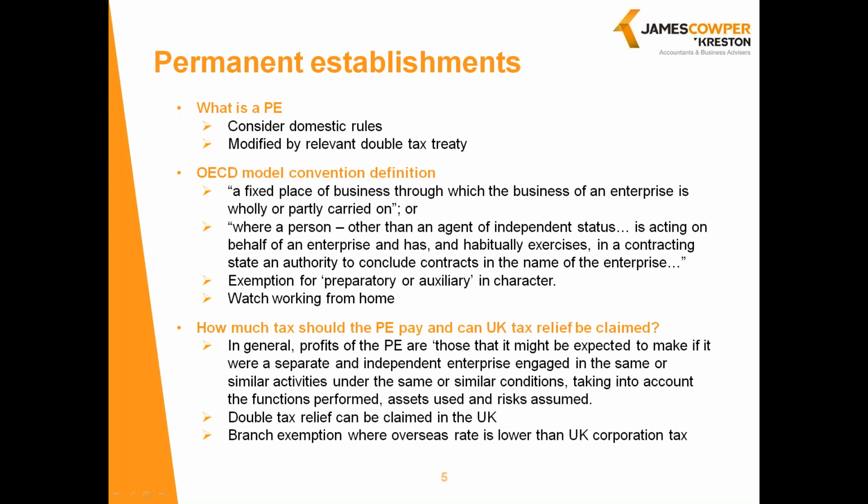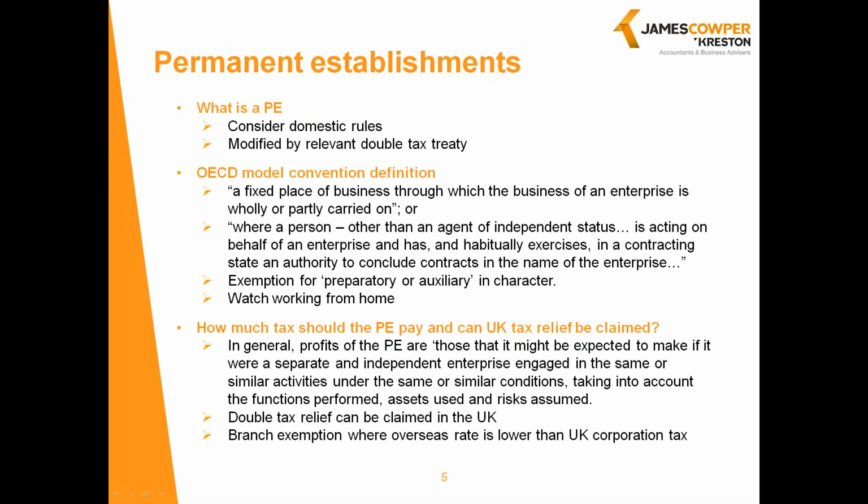The first is a fixed place of business PE. This is defined as a fixed place of business through which the business of an enterprise is wholly or partly carried on. There's a significant amount of guidance on what may or may not constitute a fixed place of business, but some of the key factors to point out are that there needs to be an overall degree of permanence. It should be available for use for the enterprise. So in that example, it couldn't include, for say, a coffee shop. And the business of the enterprise needs to be carried on through that fixed place.